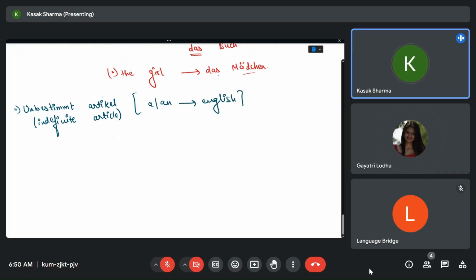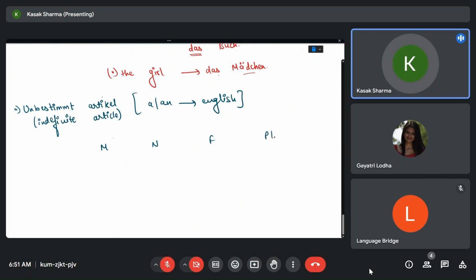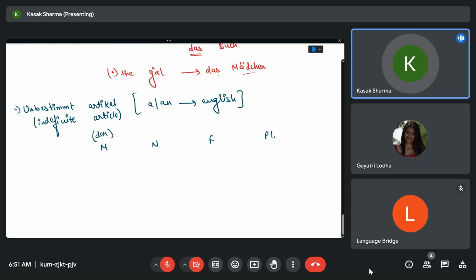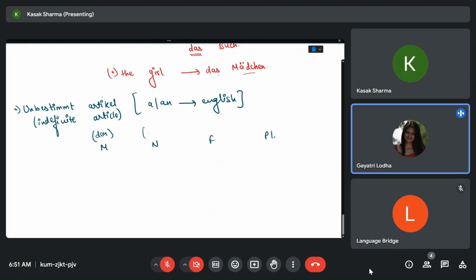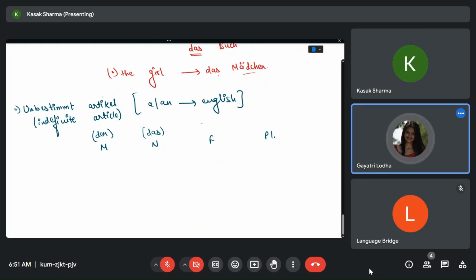Again, what were the genders in German? Masculine, neutral, feminine, plural. Correct. Now, for masculine, what was the bestimmt article? Der. And for neutral, das. And for feminine and plural, die.